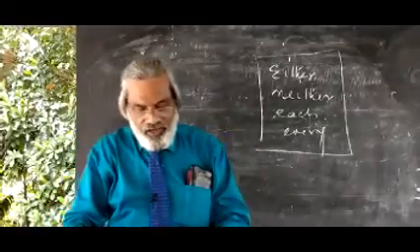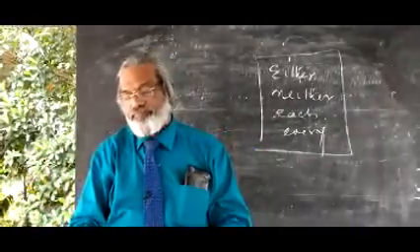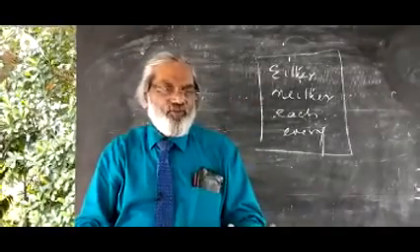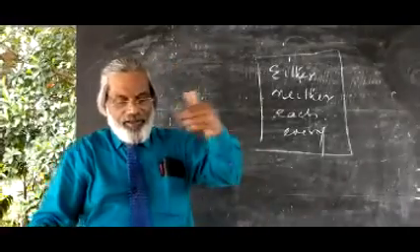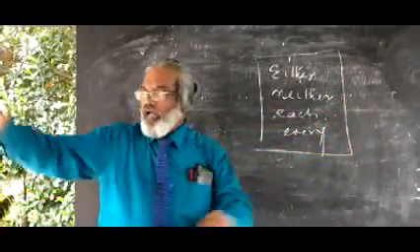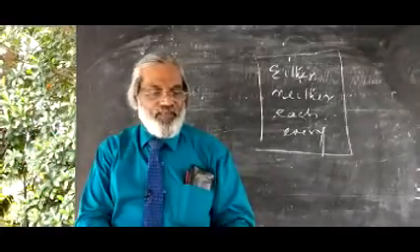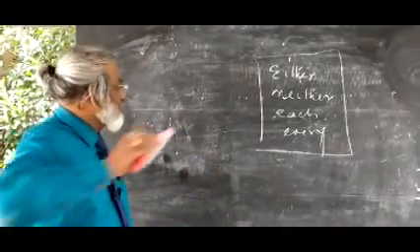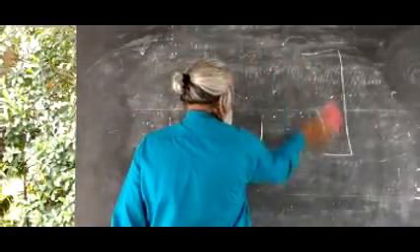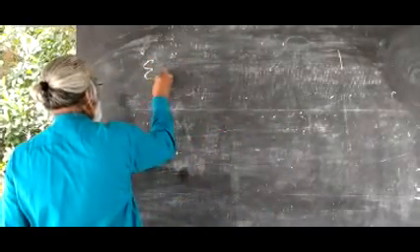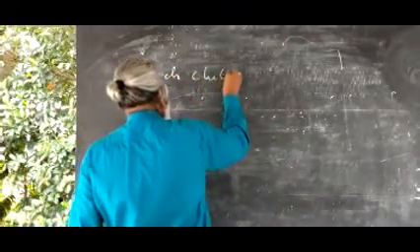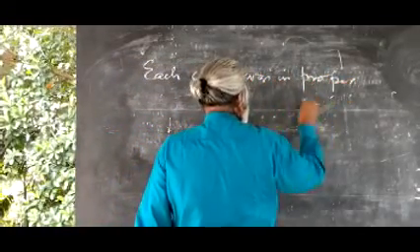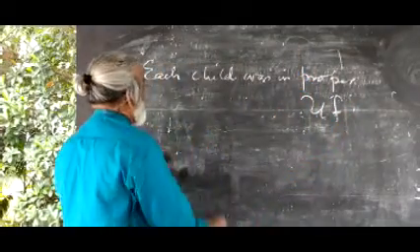There are tall trees on either side of the street. One beautiful example. This is not my example; it is taken from Communicative English Grammar by Leech. There are tall trees on either side of the street. Very easy. Then, each child was in proper uniform. Look here, another example, a beautiful example. You can copy down: Each child was in proper uniform. Look, child. Each child.